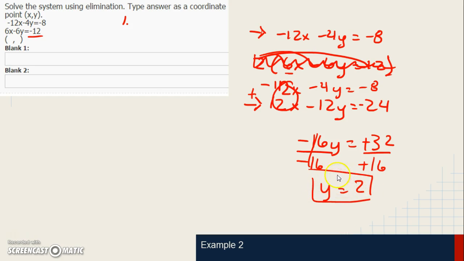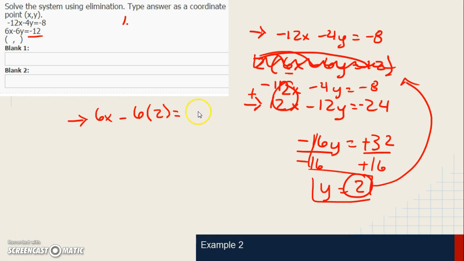Now we can go ahead and move into our last step, which is to take this value for y and substitute it into one of the two equations. So I'm going to substitute it into the bottom equation because that is the one that has the smallest numbers. So here is the equation I want you to type into your notes. 6x minus 6 times, go ahead and use the parentheses for multiplication here, times 2 equals negative 12. And now we can simplify and solve. So negative 6 times 2 is negative 12